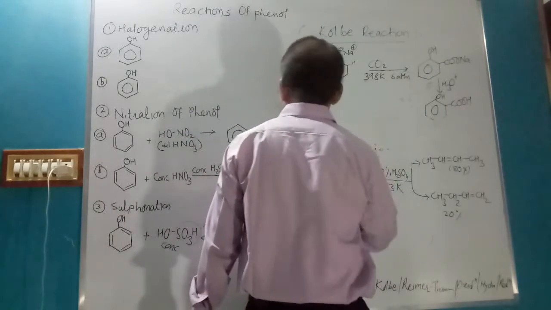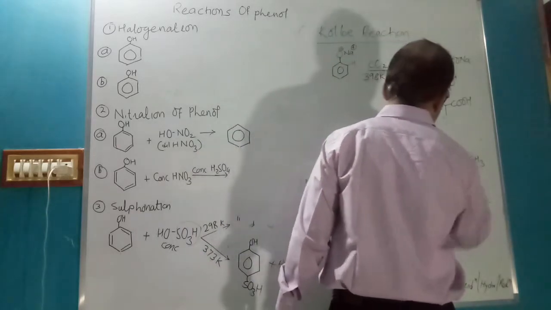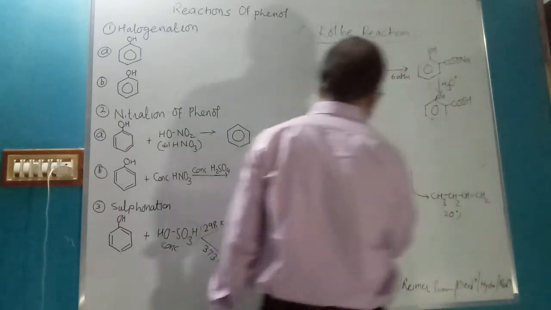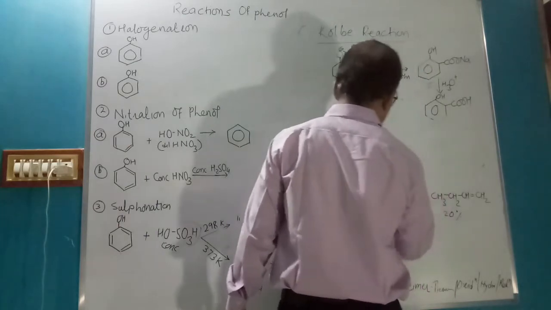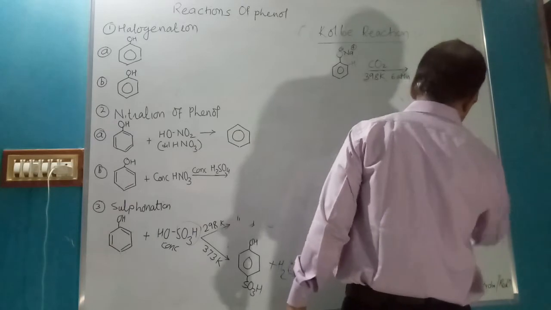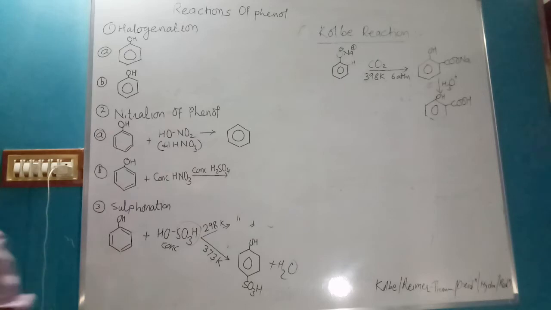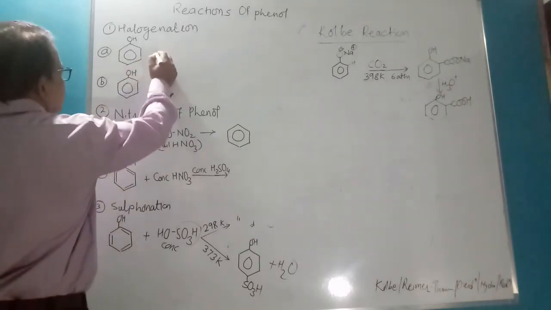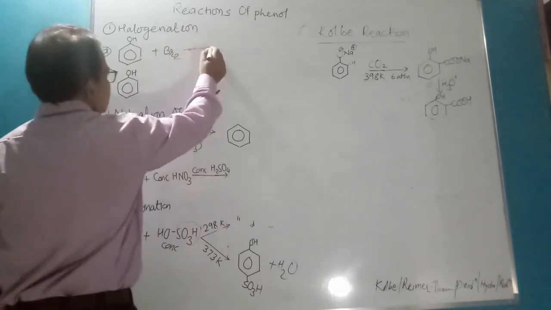Number 1, halogenation. By the name you know what is halogenation. Replacement of hydrogen or addition of halogen is called halogenation. So number 1 reaction of phenol is halogenation. So phenol reacts with bromine in presence of water, means in aqueous medium. Phenol reacts with bromine,